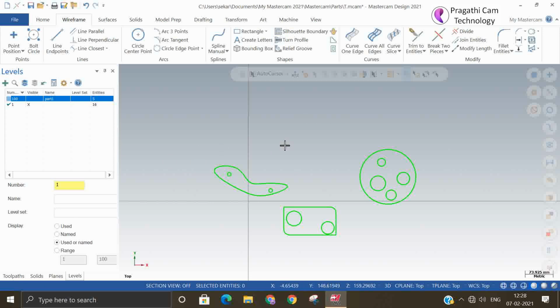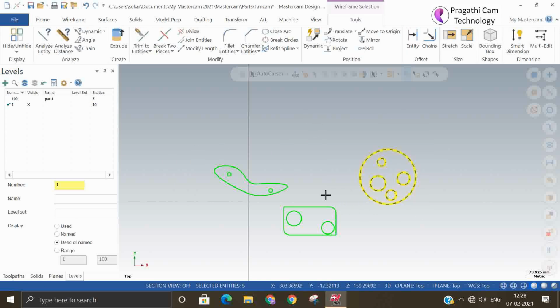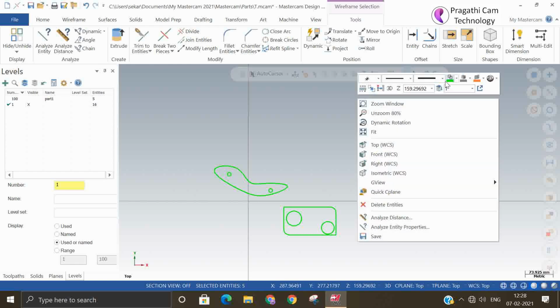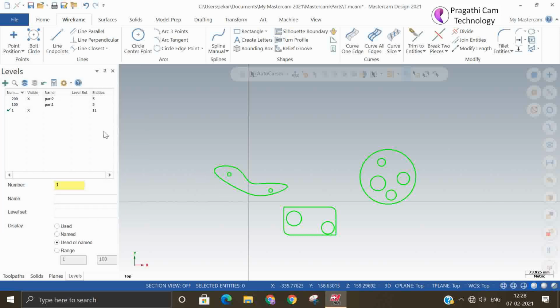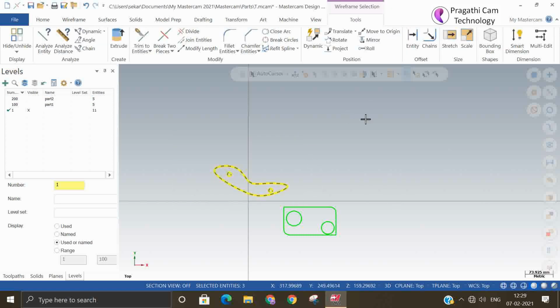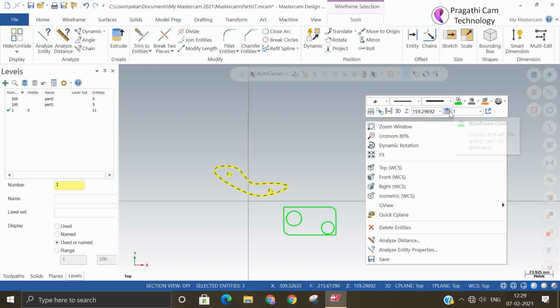And next I will select this entire thing. This is part 2, level 200. This is part 2. Okay, then this is part 3, level we can say 300.